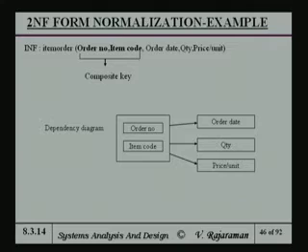Okay, I look at a dependency diagram, and order number and item code are together. As shown on this diagram, order date, quantity, and price per unit appear to be fully dependent on the composite attribute, but that's not really so, because if you look at this, the price per unit is dependent on the item code,